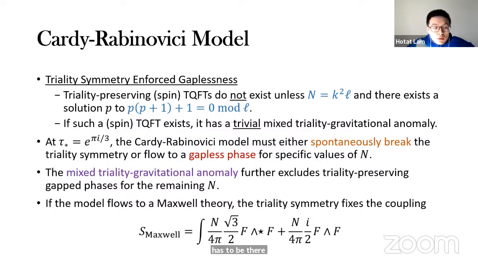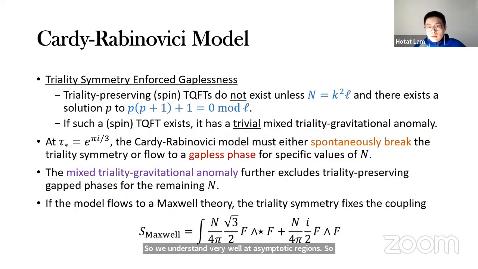Oh, okay, good. So what they did was something like this. We understand very well the asymptotic regions. For example, at weak coupling, we know it's a Higgs vacuum. Then using SL2Z duality, you can map it to various different regions, but it's hard to make actual statements at the boundaries of the regions. So you know roughly some regions have to be in some phases, but it's hard to make actual statements at the triality points, for example, where various regions could meet. Does that make sense?